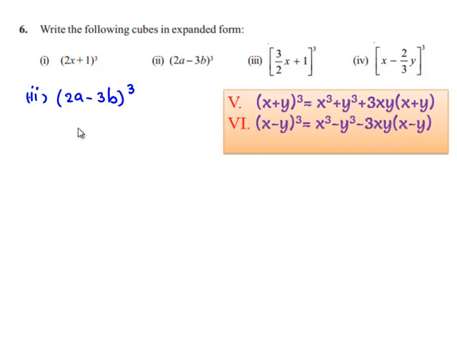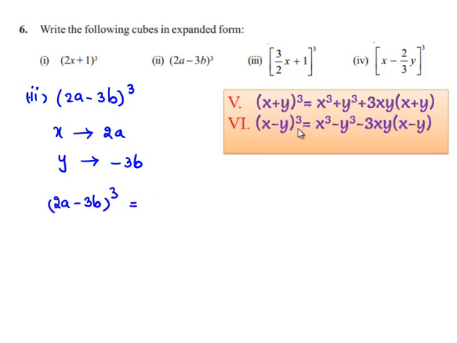If we compare the given bit with the sixth identity, we get x as 2a and y as minus 3b. Therefore, substituting 2a and minus 3b in the place of x and y respectively, we get (2a - 3b) whole cube as,